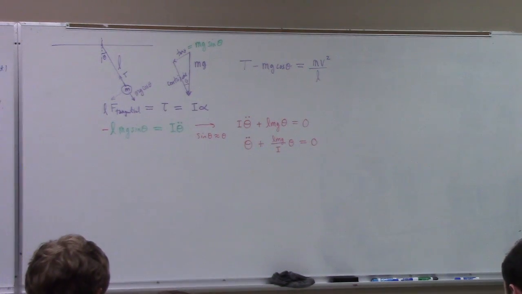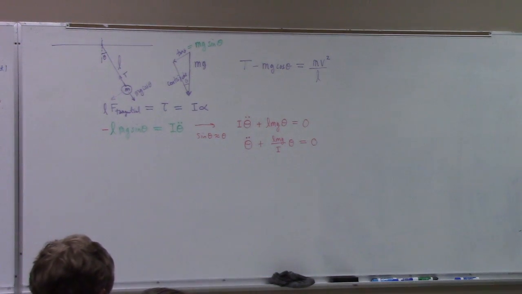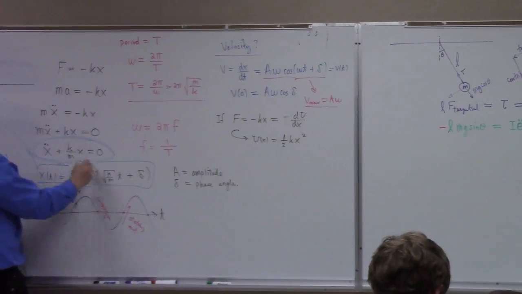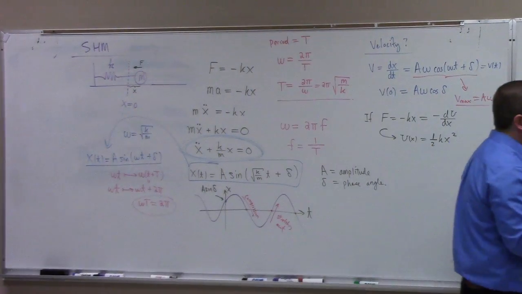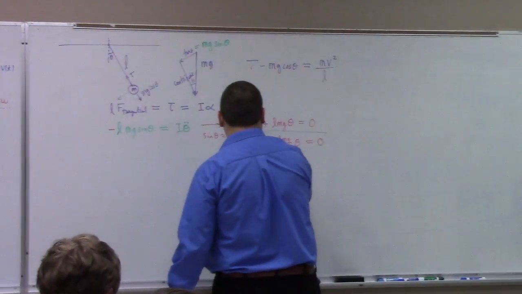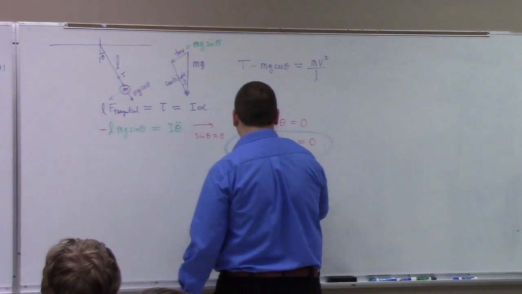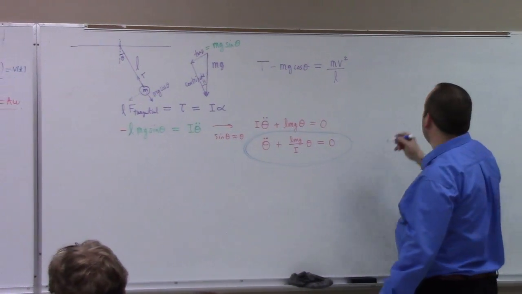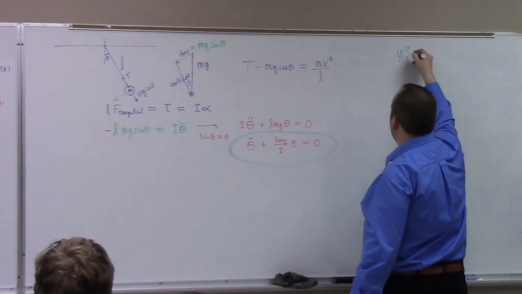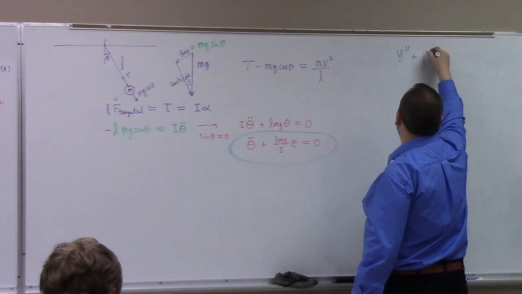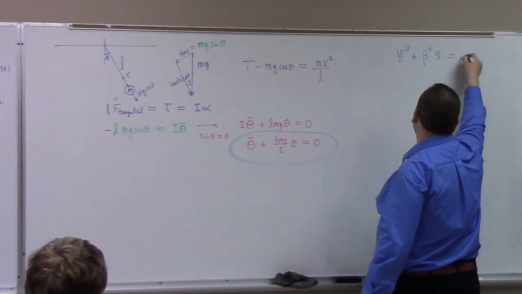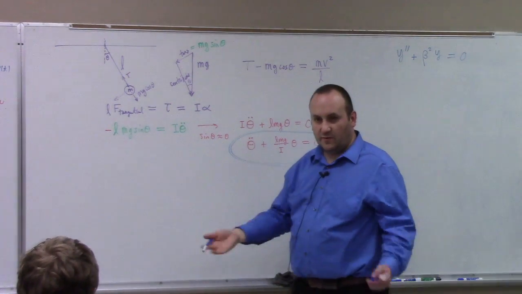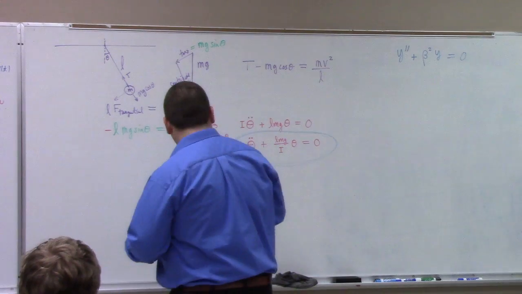Mathematically, that's the same differential equation. It's the same math problem. See this right here, this guy and this guy, it's the same mathematical problem. They're really both generically of the form y prime prime plus, let's say, beta squared y equals 0. They're both of this format. So anyway,